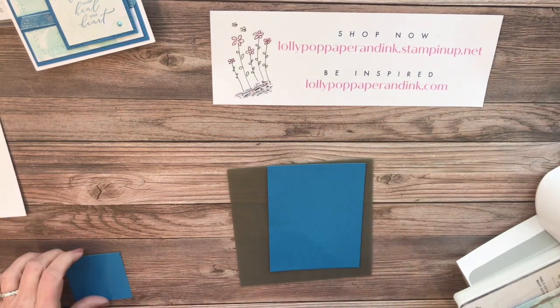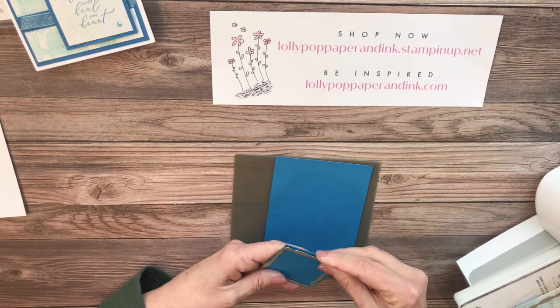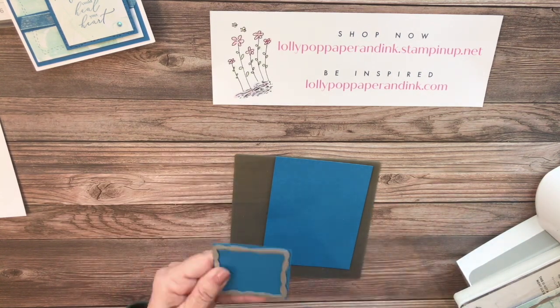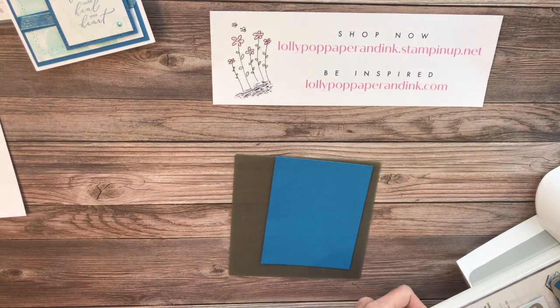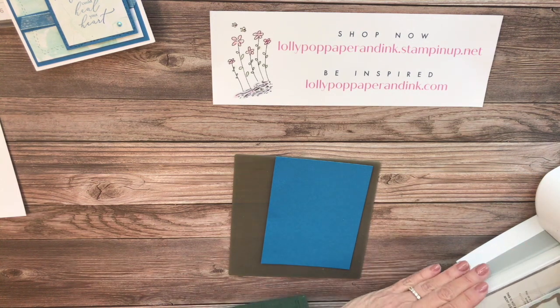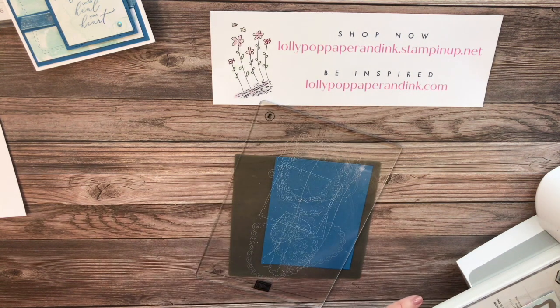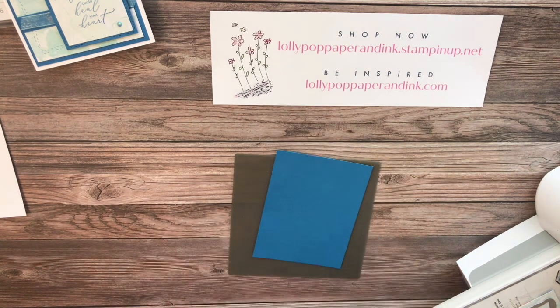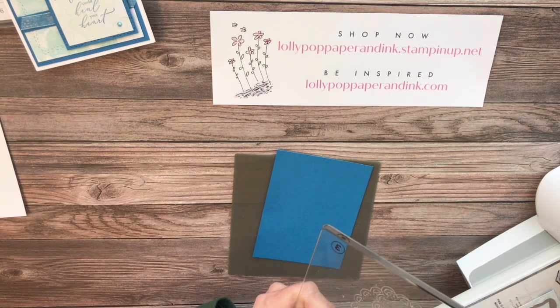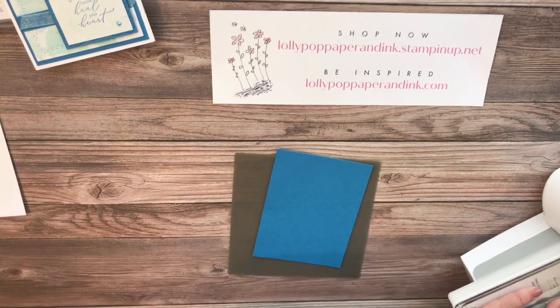I'm matching this up with the Pacific Point ink today. The Pacific Point ink color. So we're going to use the cardstock and we're going to use the ink, so I can get them both through in one pass. So let me do that. And then I just suggest that you be careful. It doesn't have to be exact because it is kind of whimsy-ish the way the line goes, but you just want to try to make it as straight as you can because it will be a little noticeable. So I'm going to send this through